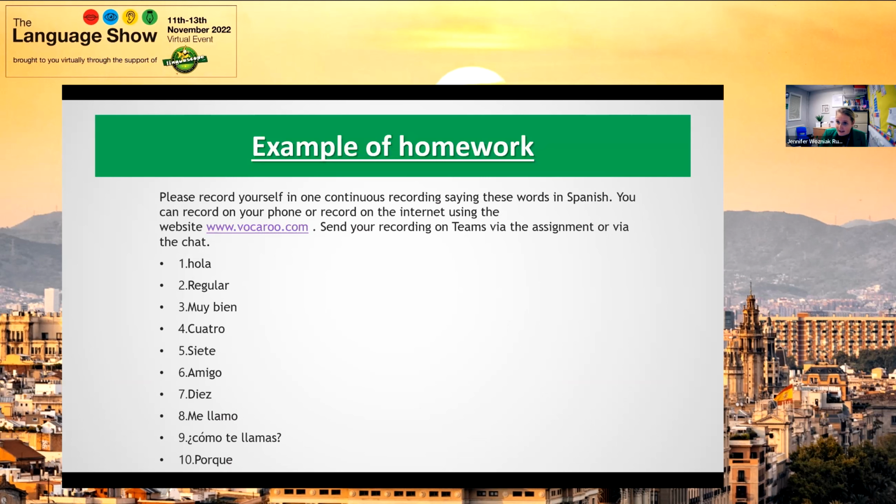But what I did with my year 7 is that I didn't give them individualized feedback afterwards. I listened to all the recordings, and as I said, it took me about 10 minutes. Whilst I was listening, I was making a note of the words that the students didn't say properly, and I almost did a tally. Then I picked up the 3-4 words that they still struggle with. And then in my next lesson, as a starter activity, I drilled those words again with the whole class.